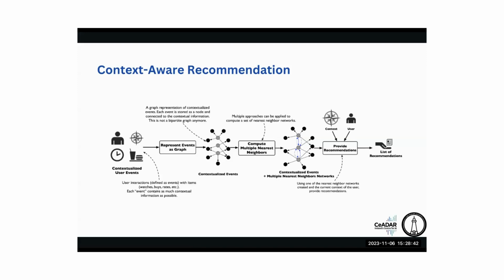The nearest neighbor algorithm finds how well each node is connected with another node based on the relevant context and the relevant environmental perspectives of all three dimensions. Then based on the network which we train, we give a list of recommendations. At this time, this person likes this hibiscus tea, or this person in the early morning likes to drink a black coffee. That's the example of a context aware recommendation system.